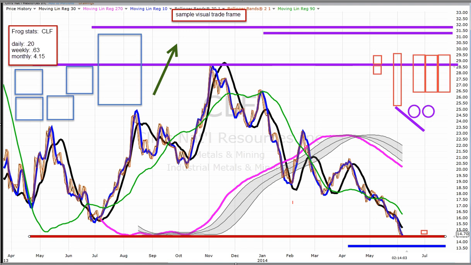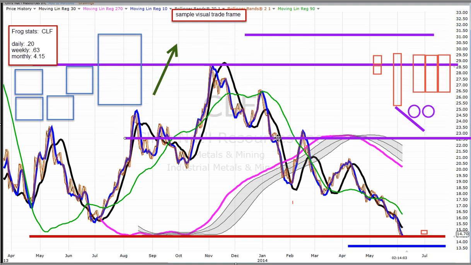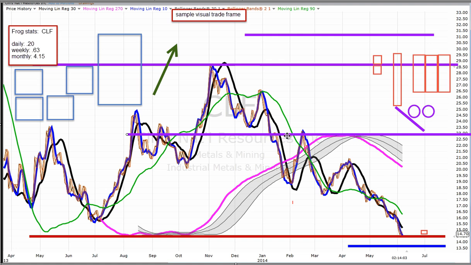And so we want to define that. Let's take a look at what we might do. We might say that instead of using the return to 30, we might take a look at this resistance level. That's where the 270 rolled over. It was at a recognized high. So now maybe our channel is from 23 to 14.5. But even that might be too high, because what we have is a clear evidence of a downtrend pushing